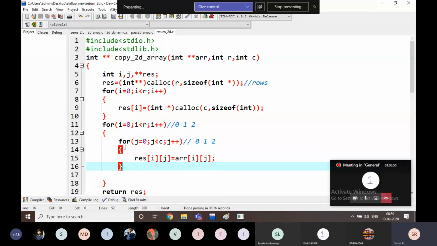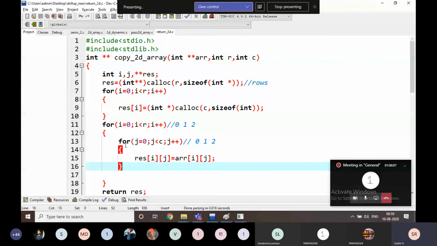Is this finished? The function definition. We are going to return a 2D array, that's why we are going to write like this.